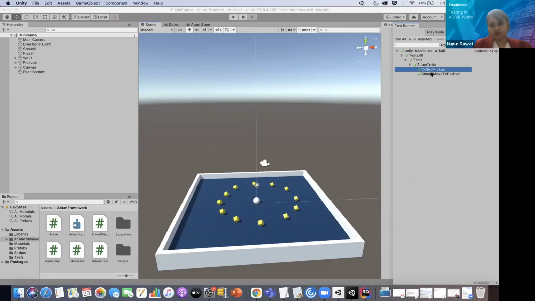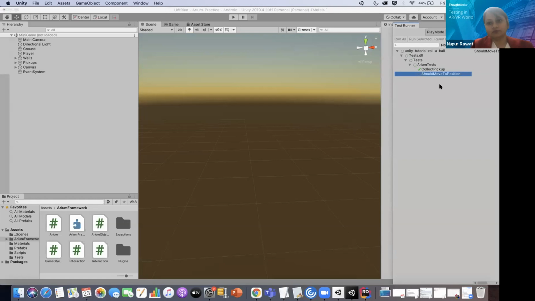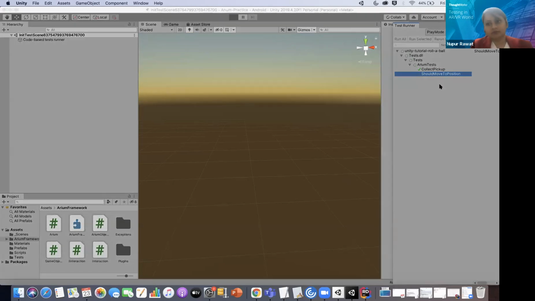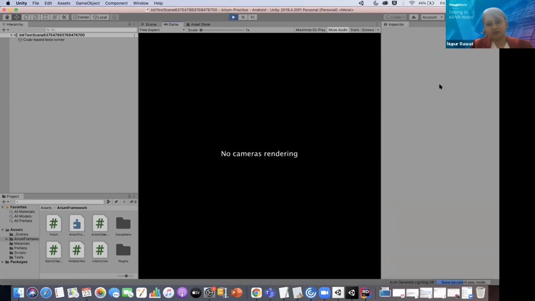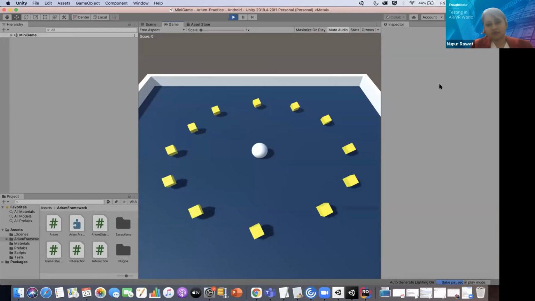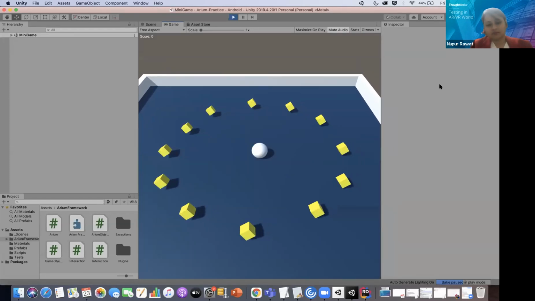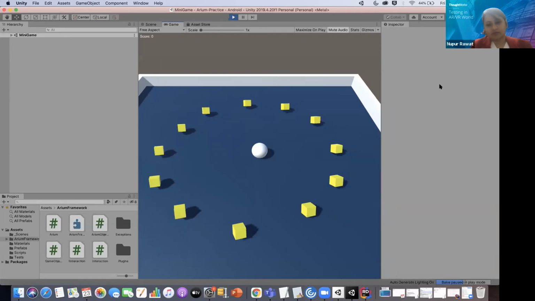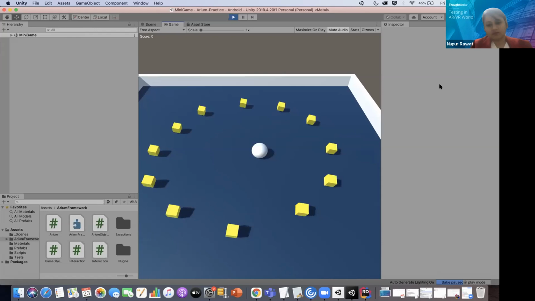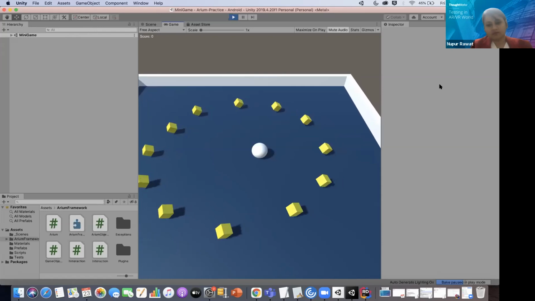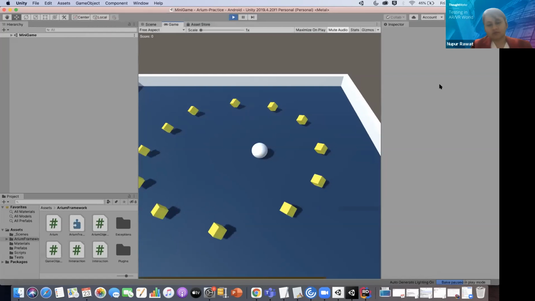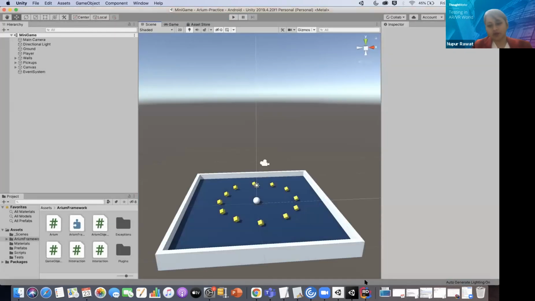Similarly, this is should move to position. I can run this also. So it has actually also passed.